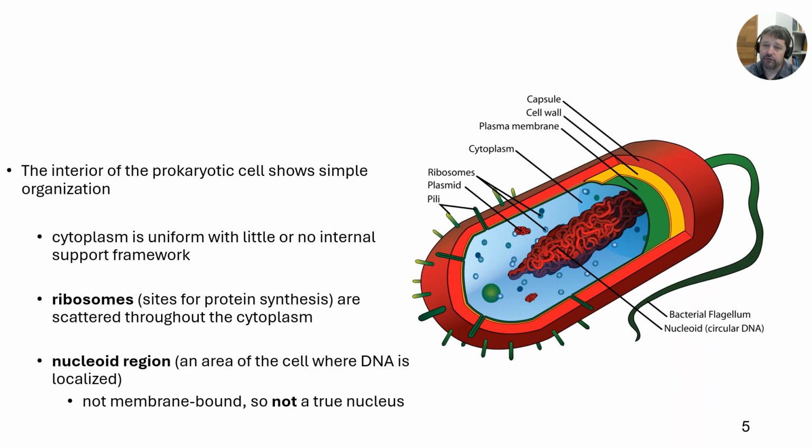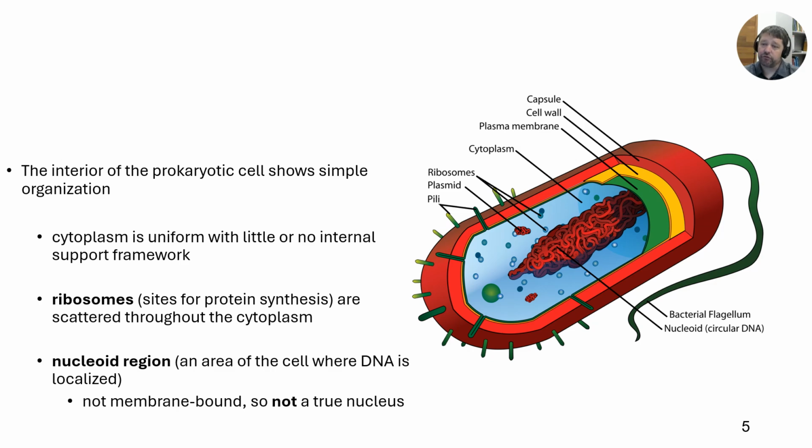Okay? So let's look at what this would look like. So nucleoid region, where you would see a chromosome. Now, the other thing about prokaryotes, they only have one chromosome. Just a single chromosome, and it's circular. It's not linear. And we'll come back and probably talk about this later. You have the cytoplasm, this kind of liquid jelly-like structure that's in there. Lots of ribosomes all over. And then you have these other things like